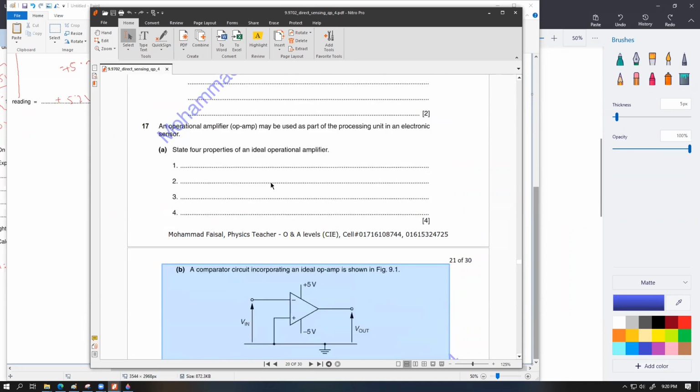এই কোশ্চেনটা প্রথমে দেখো, খুব সিম্পল জিনিসপত্র। Operation amplifier may be used as a part of the replacement of electronic sensor. State 4 properties of an ideal op amp. So you just state 4 properties without spelling mistakes, score 4 marks. As simple as that. কোনো হাবিজাবি নাই, এগুলা জাস্ট তোতা পাখির মতো লিখবা, তোতা পাখির মতো মার্কস পাবা।